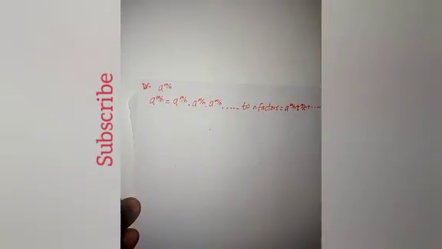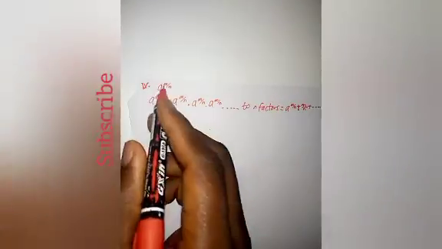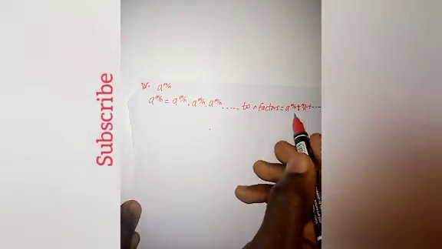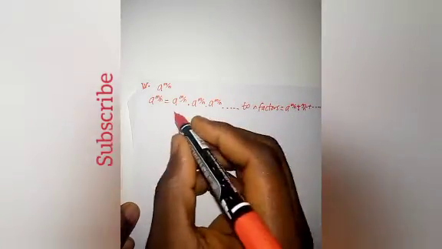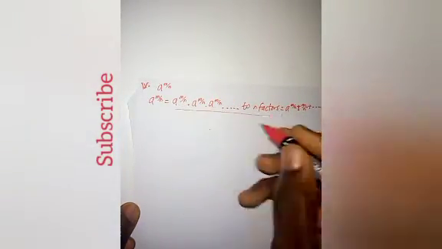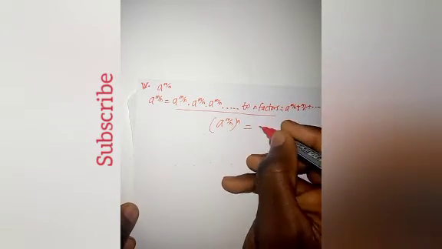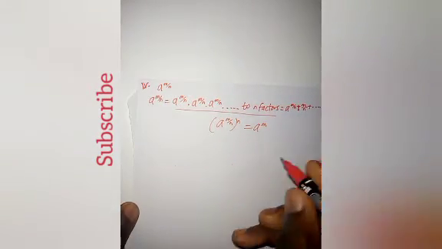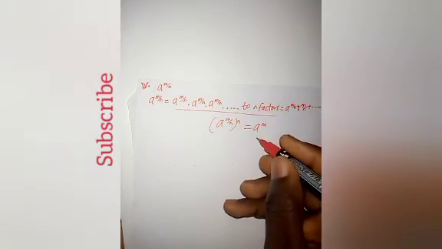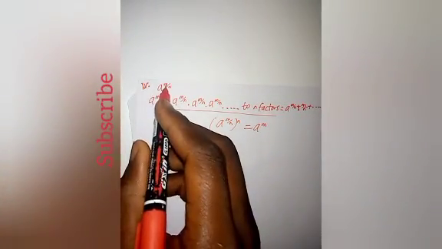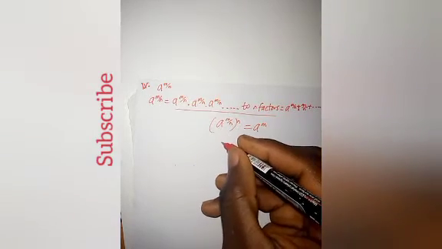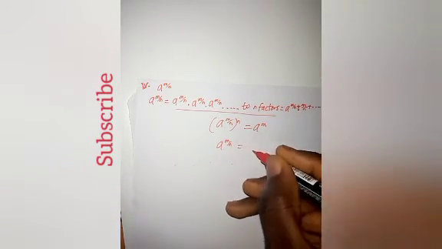Same thing we did in the previous one, they are kind of the same. So this is the same explanation. So we have this means a to the power of m over n, then n times, then we have it to be a to the power of m. The other time it was a to the power of 1. Now it's a to the power of m, because that's m, not 1 now. So then when we take the nth power of both sides,